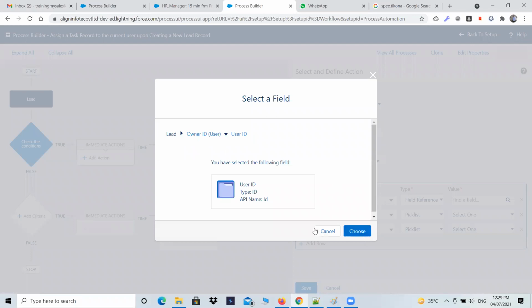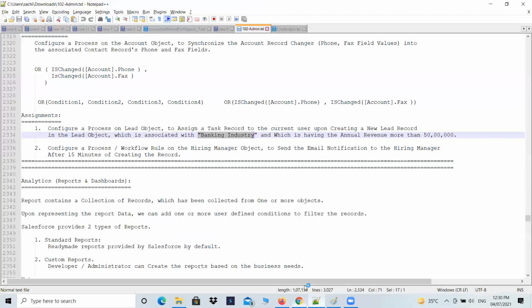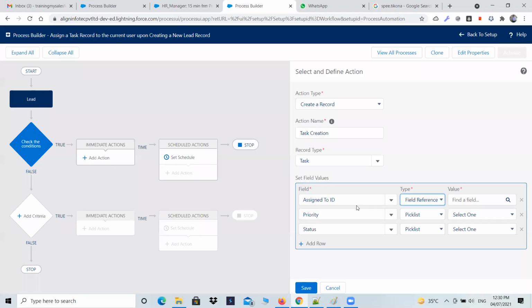ये एक फॉर्मूला है। इसको देख लो मैंने फिर से कैसे किया, फिर से देख लो आप। असाइन टू व्हाट, असाइन टू आईडी, आईडी ही रहने दो, बिकॉज देखो टास्क और इवेंट कभी भी यूजर को असाइन होते हैं। आप ये क्वेश्चन भी देख लो, लीड टू असाइन अ टास्क टू द करंट यूजर, यूजर को असाइन होते हैं। टास्क और इवेंट हमेशा किसको असाइन होते हैं, यूजर को। तो आपको उसको असाइन करना पड़ेगा।